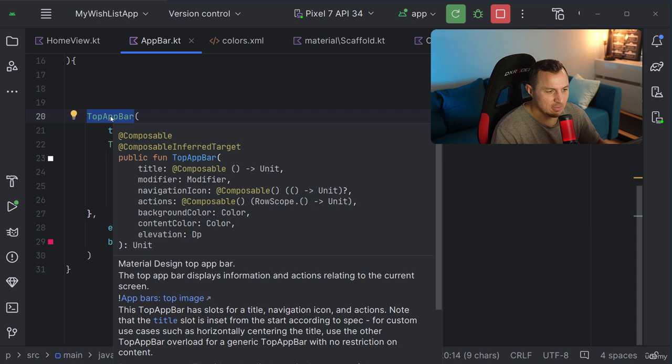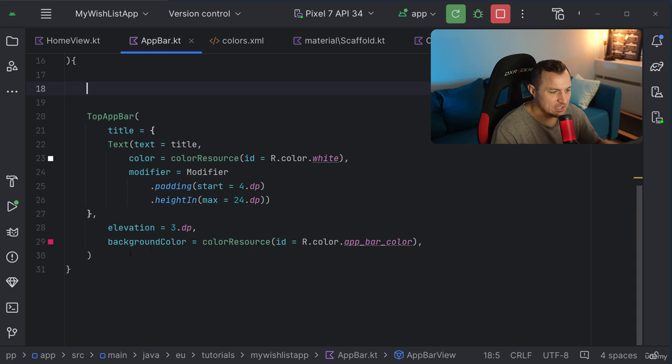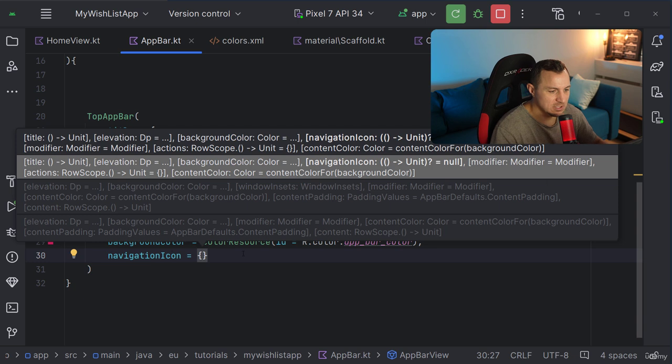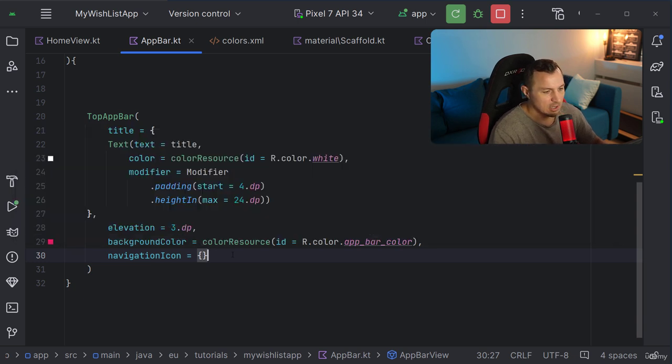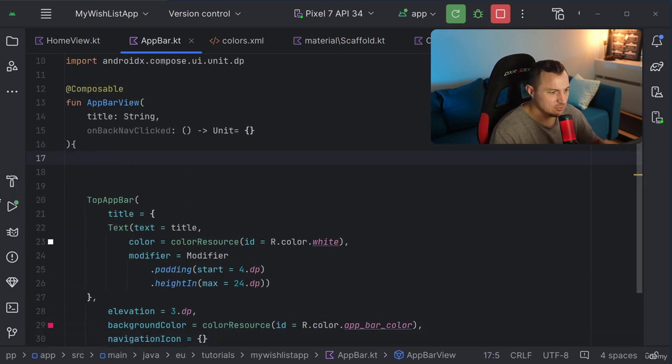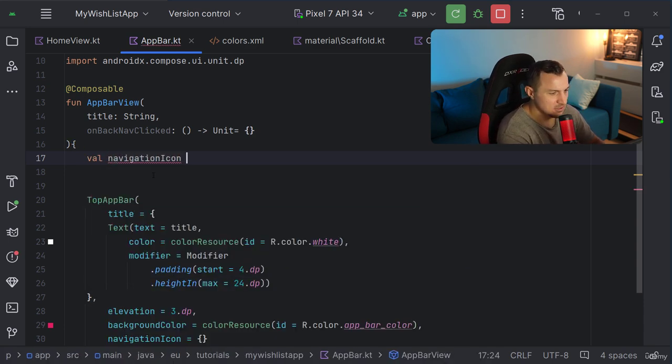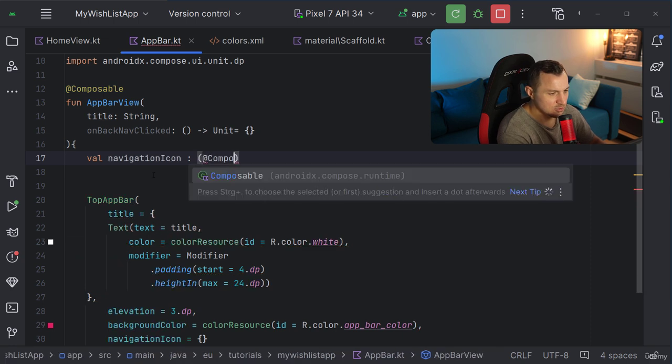I told you about this navigation icon earlier, right? The navigation icon is also a composable. So we can define a navigation icon here, and we can say what the composable should be that we want to use in here. However, I'm going to just go ahead and create a new composable here, where I'm going to say val navigationIcon, which will be a composable